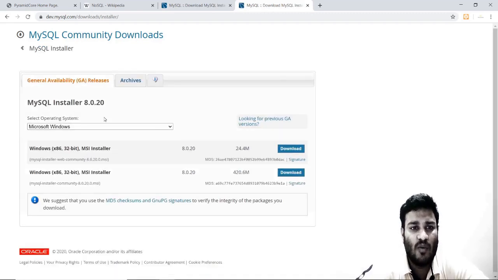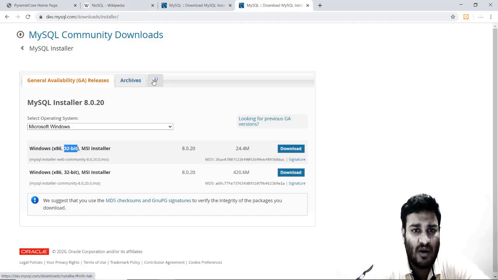As you click over here, you will see the latest MySQL Installer, which is 8.0.20. I want you to notice one thing over here: both of the installers are 32 bit. This one is of less size and this one is of more size, because this is just the installer, and when we install it, it fetches more information from the internet at that time, and this is the complete installer in one go. One thing I've already said is that both of them are 32 bit.